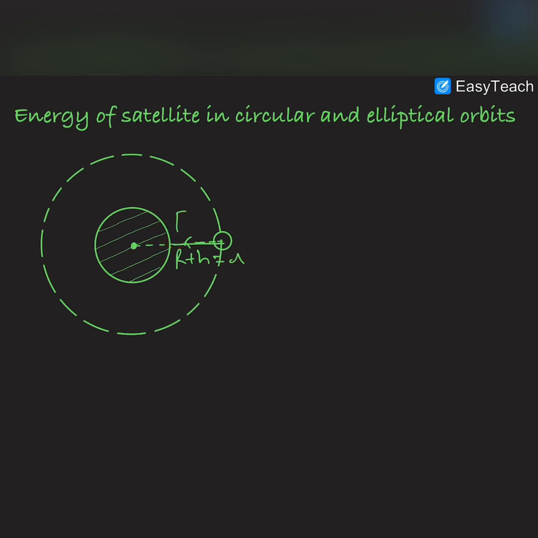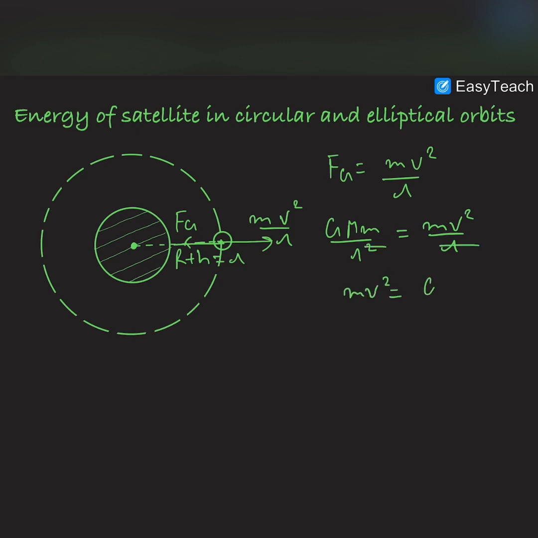So this gravitational force will be balancing out the centrifugal force, which is m r omega square, or we can say mv square by r. So F gravitational is equal to mv square by r, and F gravitational is GMm by r square, and that is equal to mv square by r. So cancelling out this r with r, mv square is equal to GMm by r, and therefore the kinetic energy will be equal to